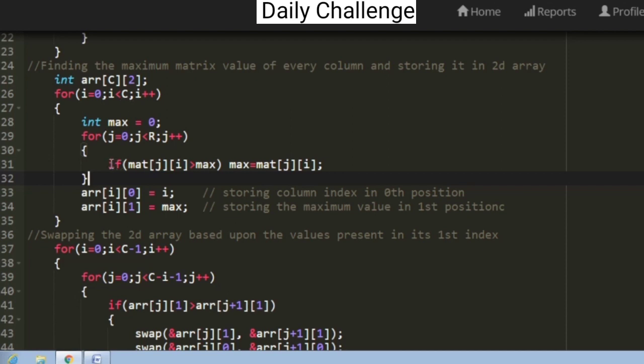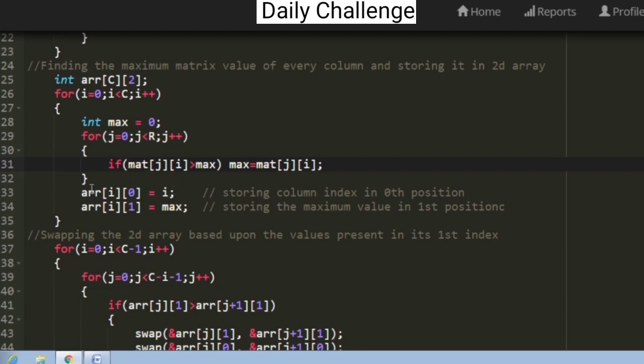And inside that we are also including an if condition to find out the maximum element of the column. And whenever the matrix value is greater than the maximum value, we are going to update the maximum value with the matrix value. So when this for loop finishes its execution, we would have found the maximum value present in that column, and we are going to store it in this two-dimensional array.